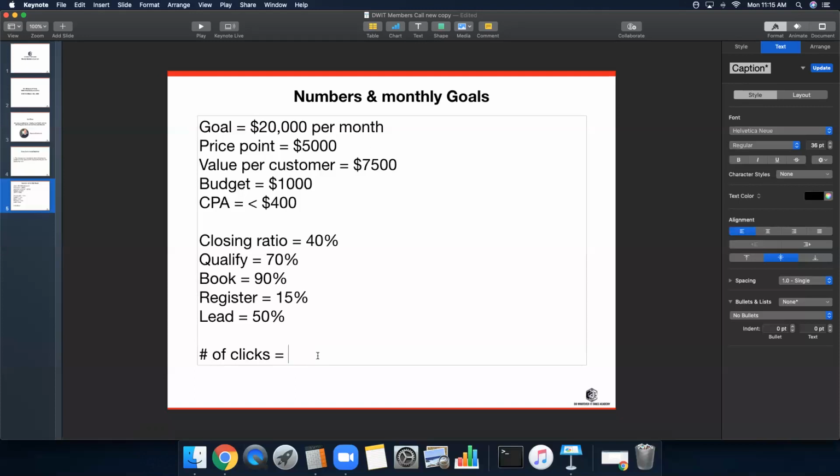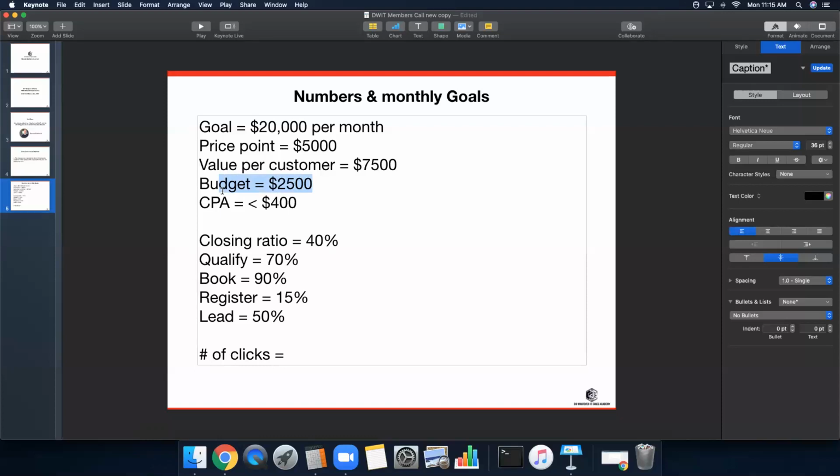So this is why your budget has got to really represent how much you are willing to pay to get a new client. Now, in this case, with a $5,000 price point, going up to $7,500, I'd be willing to jump this up to about $1,500 minimum to $2,500, right? I'd say $2,500 for myself, because now, guess what? I want more than one client. I want more than two clients. I want to make sure that I can reach my goal. And if I put in $2,500 and I reach $20,000, that is an actual representation that's solid for your advertising budget.